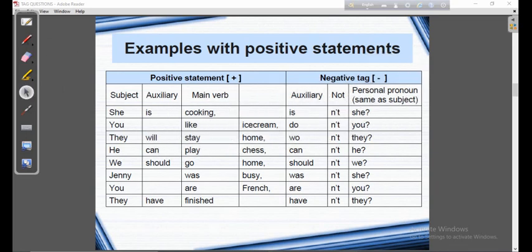Next, "they will stay home," so will not, in short it will be won't. He can play, can not, can't. We should go home, should not, shouldn't. Jenny was busy, was not, wasn't. Your friends are, are not, aren't. You have finished, have not, haven't. Okay,